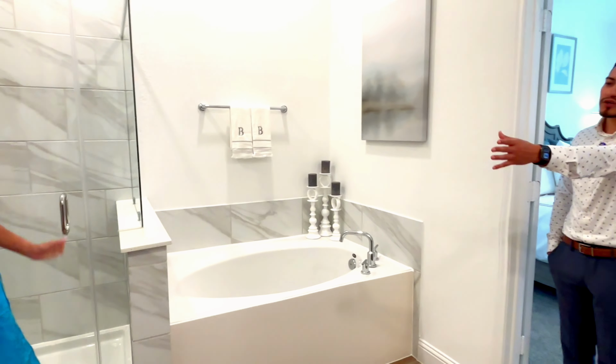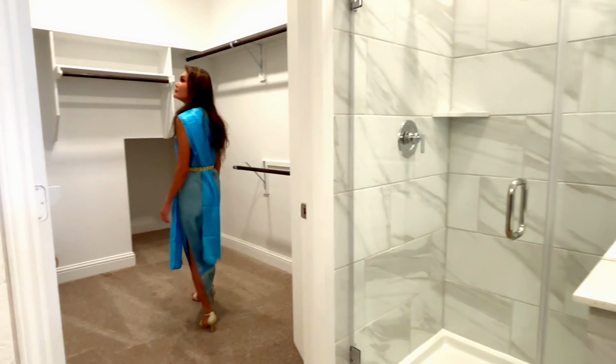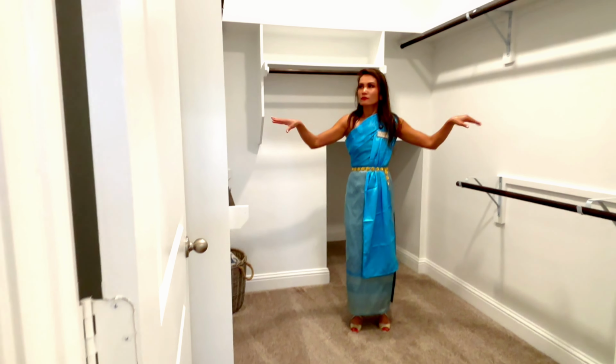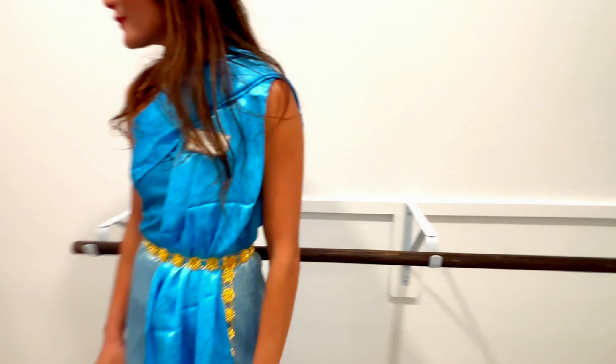Lighting, and then you're gonna have your walk-in closet as well over here with tons of storage, and you'll see a large walk-in closet. Right, for sure. We have a lot of space, and then we have these beautiful little shelves here where you can put more clothes, shoes. A nice rack for the